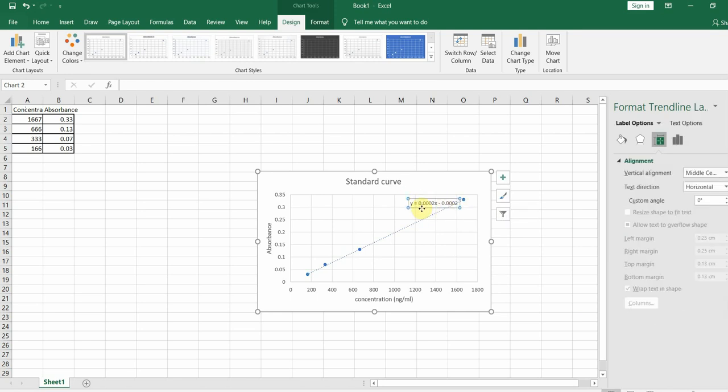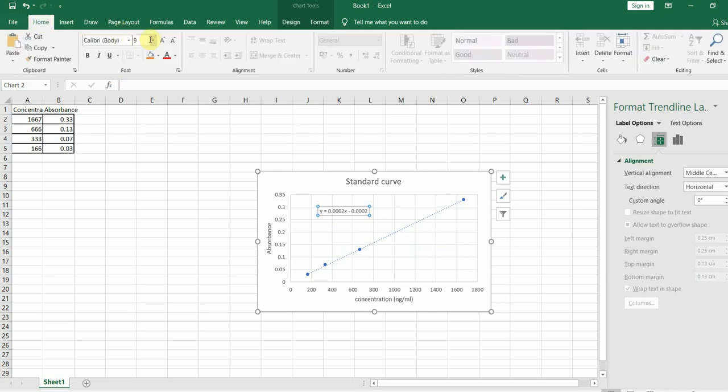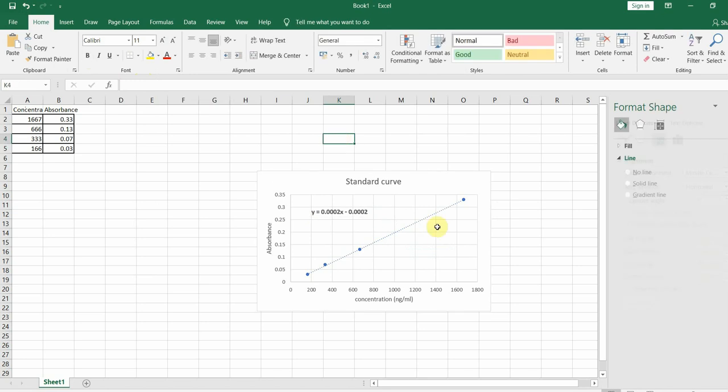Now, if you want to move this thing, you can just click on this, select this, and move it wherever you want to keep it. Let's suppose I want to keep it here. And I want to increase its size so that it will be visible nicely. So let me increase this size a little bit. Okay, so I've increased the size. If I want to make it bold, I'll make it bold over here. Right, so this is how you can mention it.